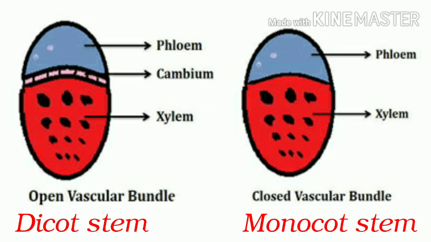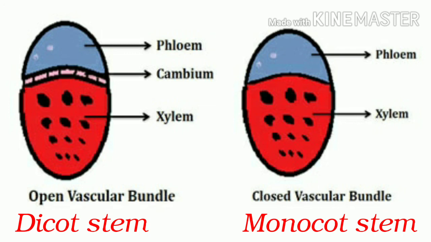That is when the plant changes from green herbaceous type to the woody type. At that time, the cambium present between xylem and phloem helps in adding more xylem and phloem, which are called secondary xylem and secondary phloem. Such types of vascular bundles are called open vascular bundles because they are open for growth.